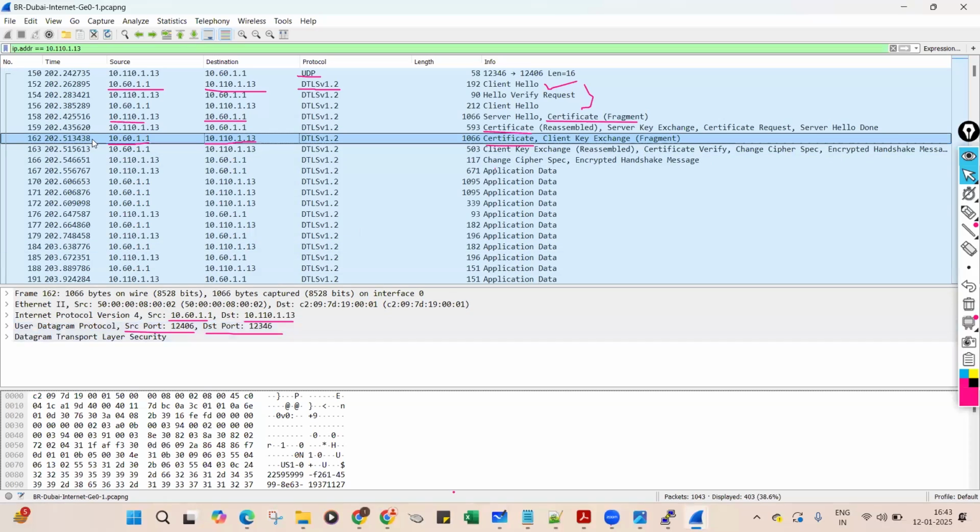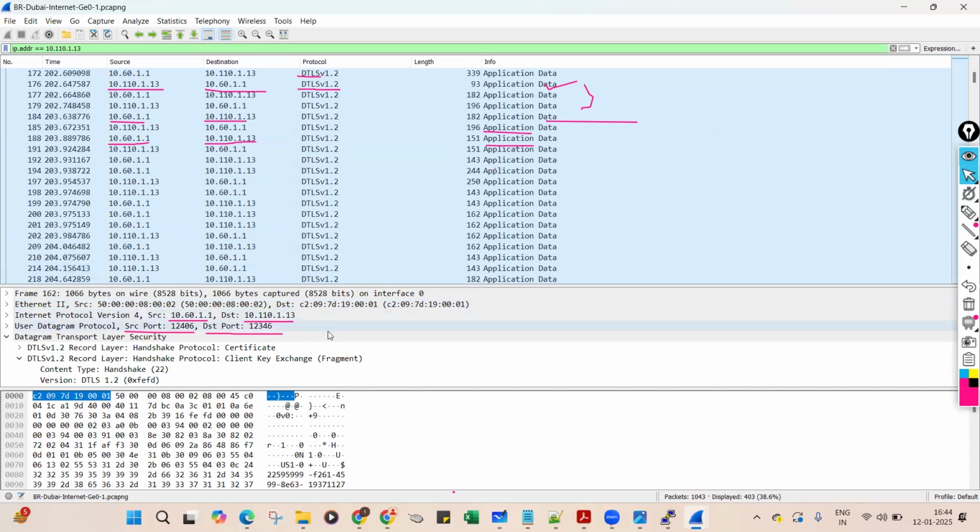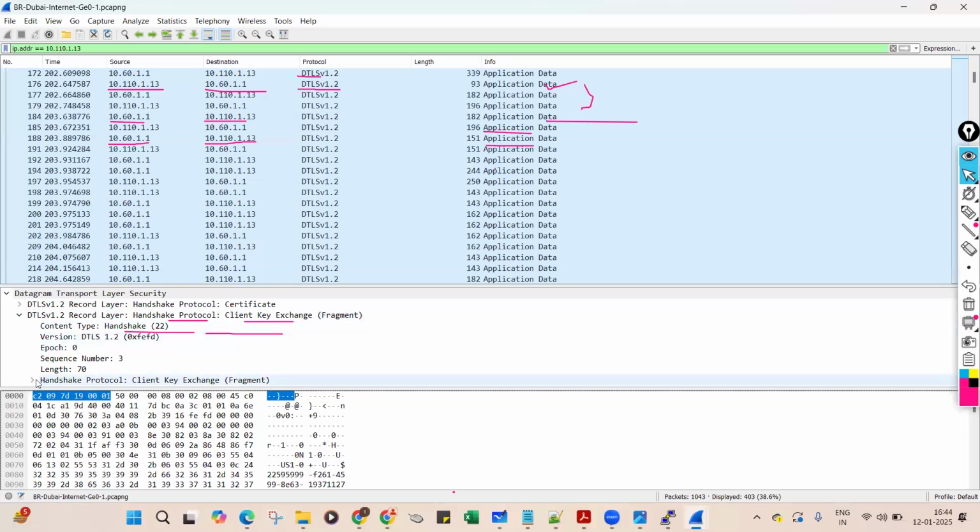So the vSmart will verify whether the organization name is right or not, and whether the serial number is authentic on this WAN edge router or not, before providing the configuration to this WAN edge router. So let's see what details we have in this particular certificate. So in this certificate, we will see